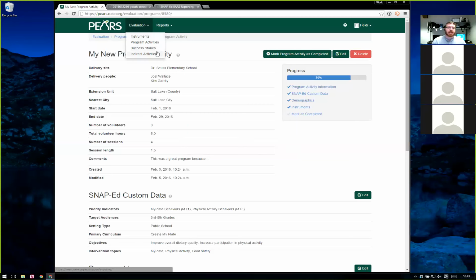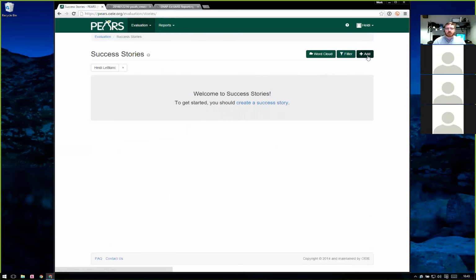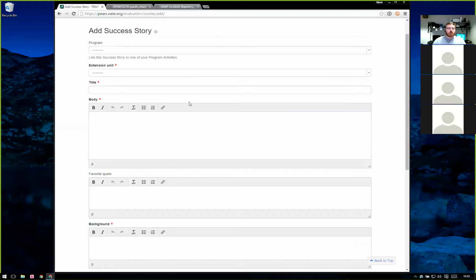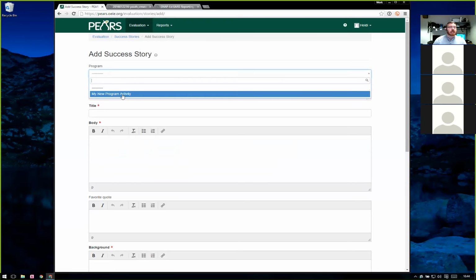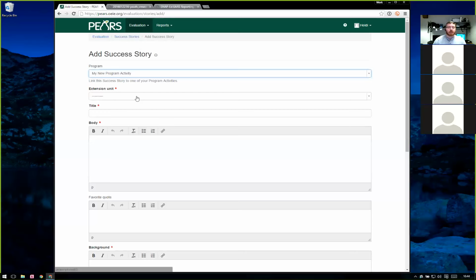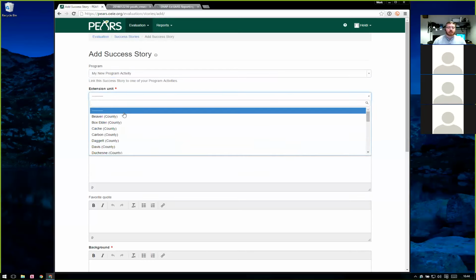So the success stories and indirect activities data modules are relatively simple as compared to the program activities and instruments piece. And so when we add a success story, it's going to ask us for several things. The key part is the body of text. So this is a story, right? You want to talk about a participant who made major life changes, and they're really successful in terms of how the educational programming impacted their lives, and you can record that here. You can, if you need to, link that to a specific program. You don't have to, but say if they were a participant in the My New Program Activity program, we can do that. We can specify our unit again